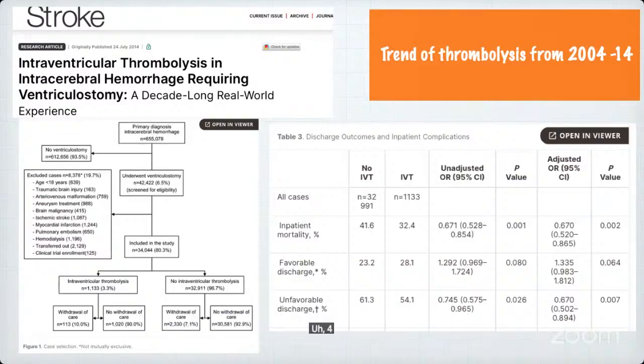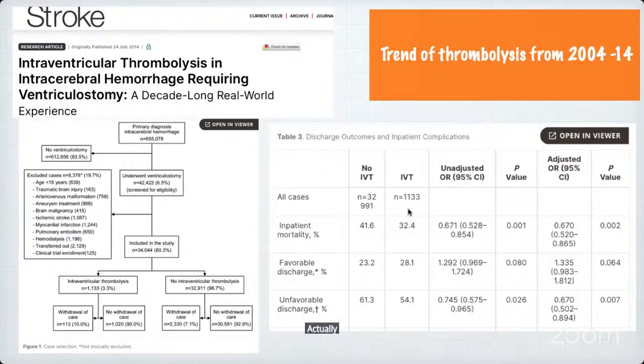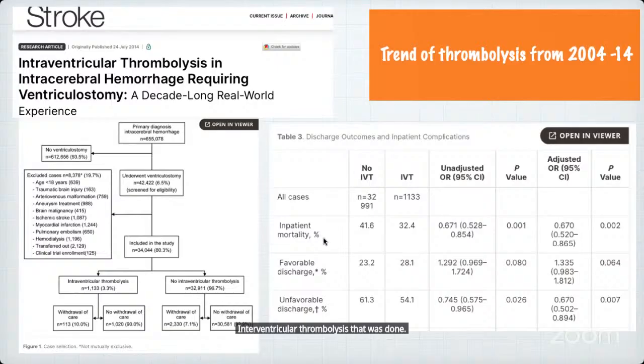42,000 patients had an EVD placed, out of which 34,000 got included, and only 1,333 patients actually had an intraventricular thrombolysis done. And roughly 33,000 patients did not have any intraventricular thrombolysis. If you look at the inpatient mortality, there was a very significant difference, 41 versus 32% in patients who